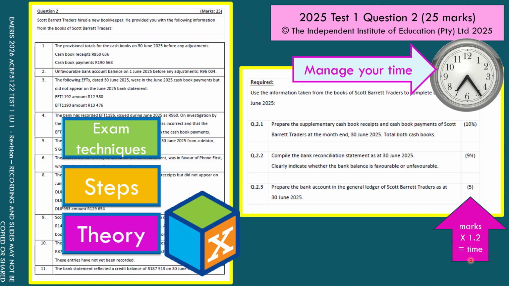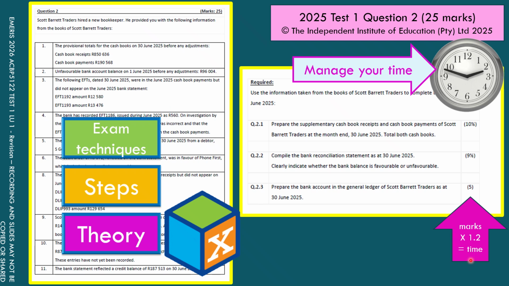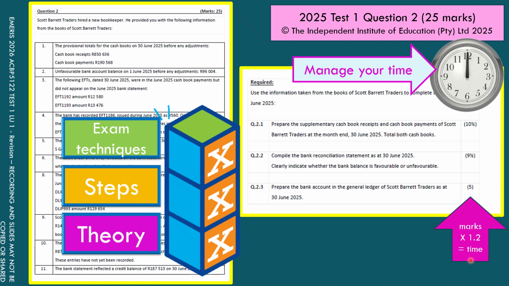So if you're not taking care and managing your time well, you can find that you have not completed all the test questions and your 60 minutes are up. So students, please make sure that you are making an effort to manage your time per question. So what you do is you take the marks allocated to the question, you multiply it by 1.2 because you've got 1.2 minutes within which to earn 1 mark. And so that will give you the overall time that you can spend on a particular question.